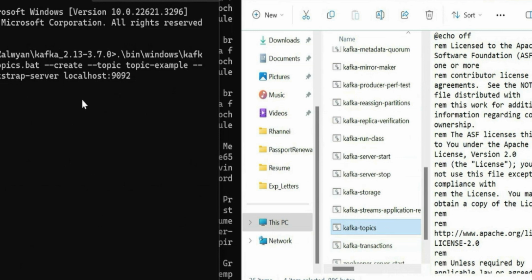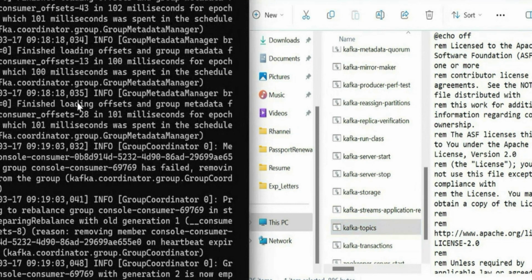Then hyphen create topic, the topic command, and then the topic name. Topic hyphen example is the topic name. And the bootstrap server is something which is running. We want to give the port number which is 9092. Let me search 9092 in our